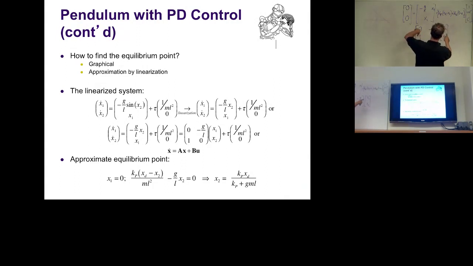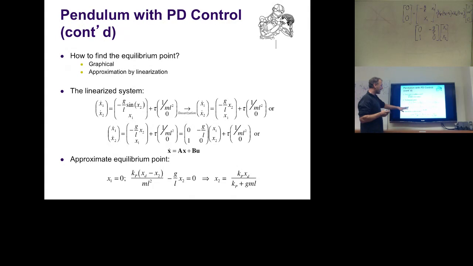So now if you look at this, this is mixed. If I multiply 0 with x1 minus G over L with x2, that gives me the first term. I have to add them together. x1 times 1 plus 0 times x2 gives me this term. So I nicely created actually the same equation. And now I'm completely in notation, which is a matrix times a vector plus another vector, which is a nice algebraic equation I